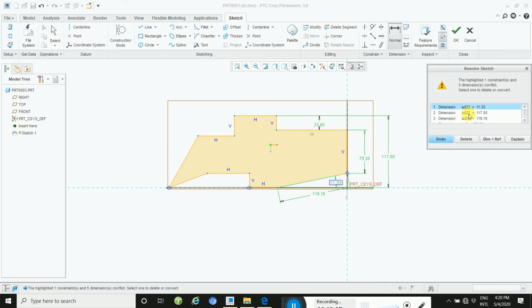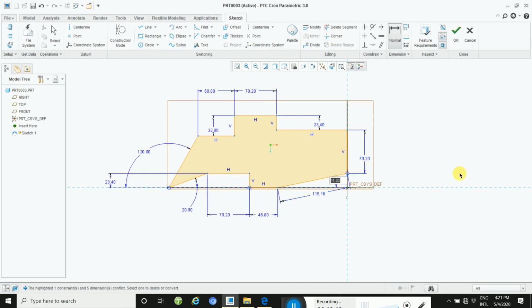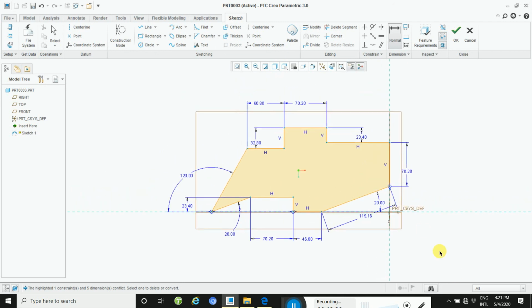Okay, not more issue, otherwise you will place this angle here to here and then click here. Okay, and then 117 deleted here. Okay, and then take this dimension. Okay, 20 here, this way. Okay, otherwise if you want to define this overall dimension, click here and click here and then click here.